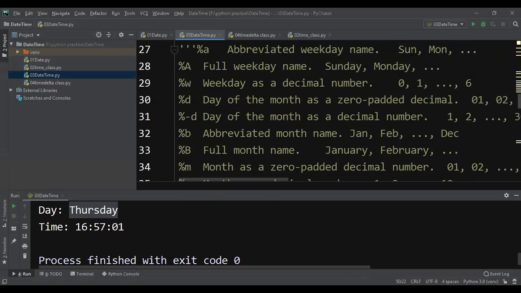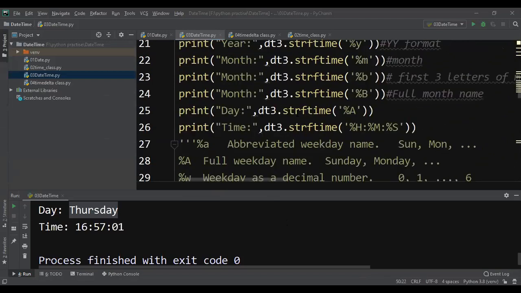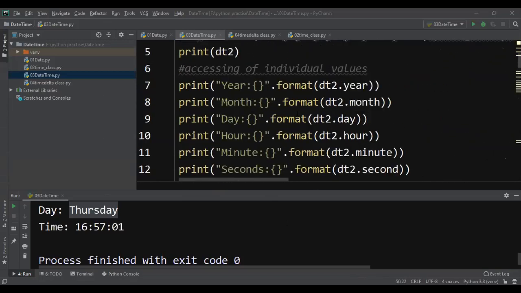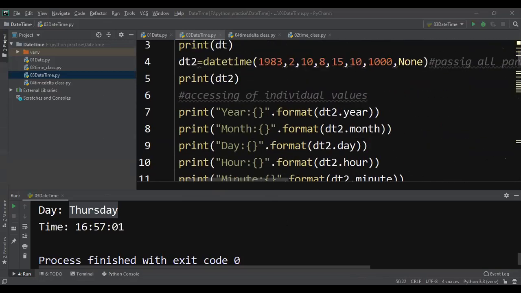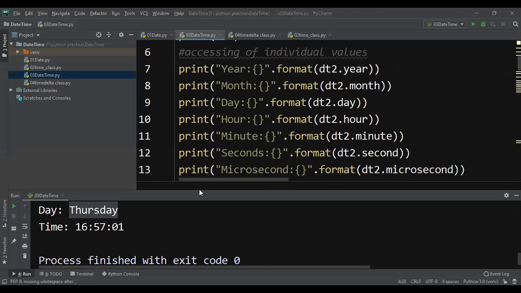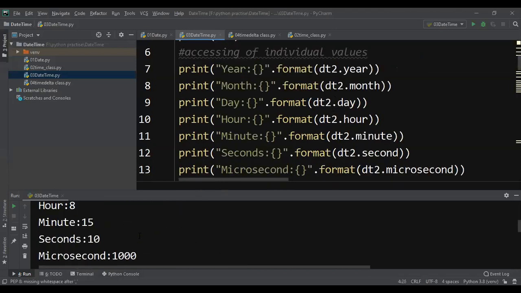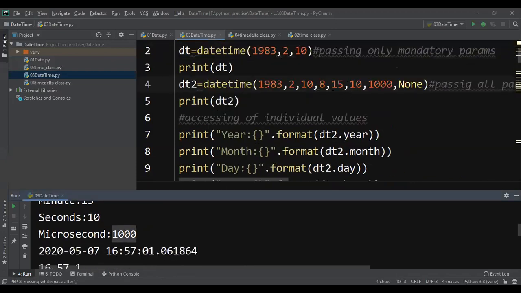So now this is about it. In dt2, only up to hour is printed, not minute, second, microsecond. Maybe in dt2 what did we do? Here we printed, right? Look here, hours, minutes, seconds, microseconds are also printed. Maybe there you did not give them. So if you don't give them, those values will be treated as 0, so they won't be printed.